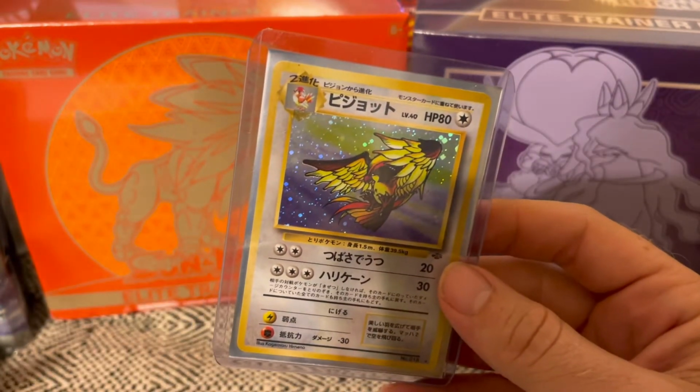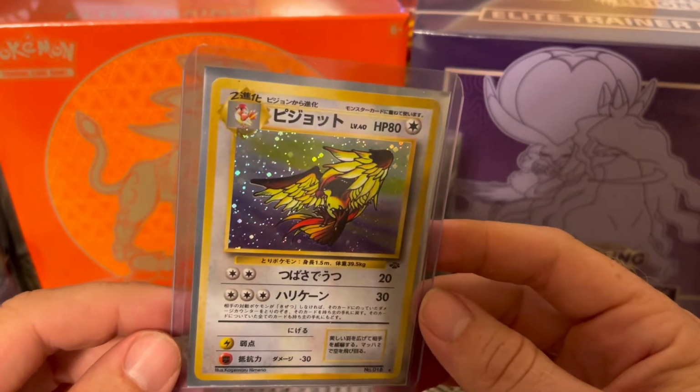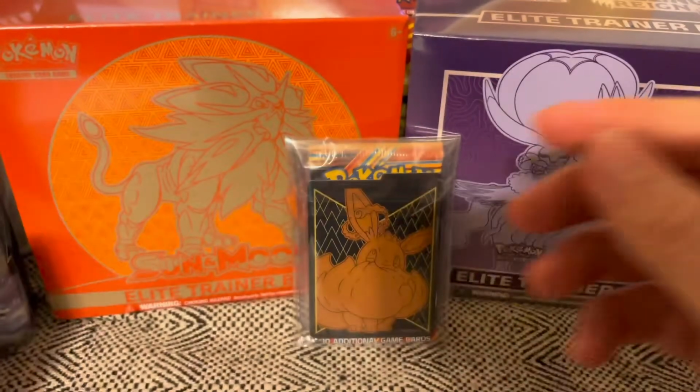And Pidgeot, good grief. Sorry, my daughter's cat screaming in the background. It's confusing me. Anyways,